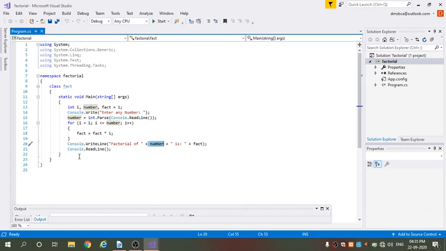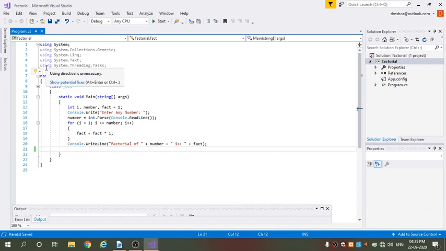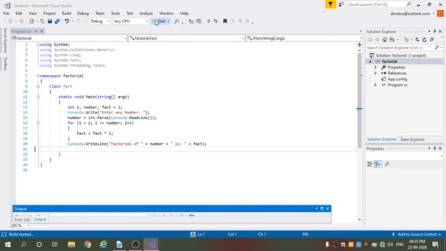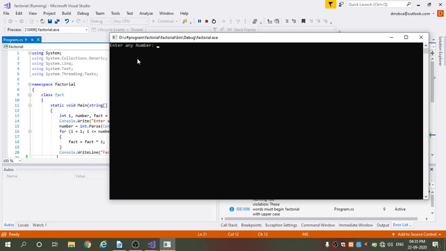After that Console.ReadLine. If I remove this line, so let's remove this line, I deleted it, save the program, go for execution. If I remove that Console.ReadLine and here it shows the message enter any number, I suppose I entered here 5.